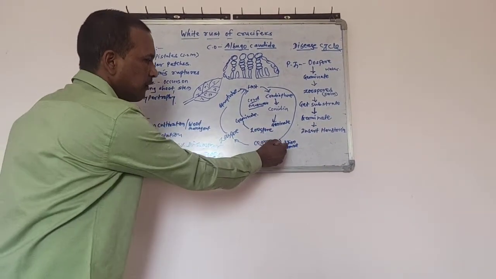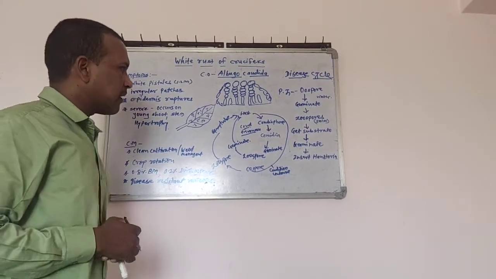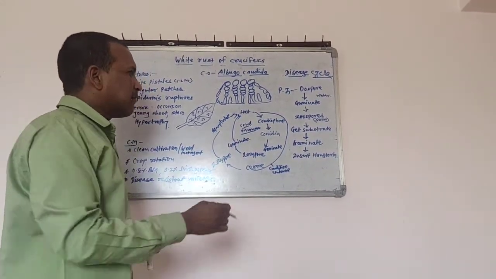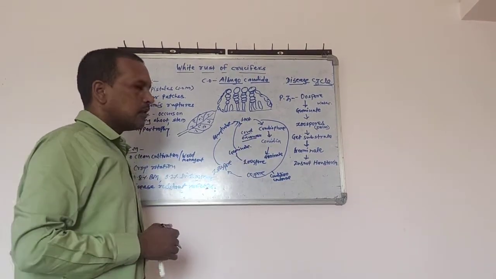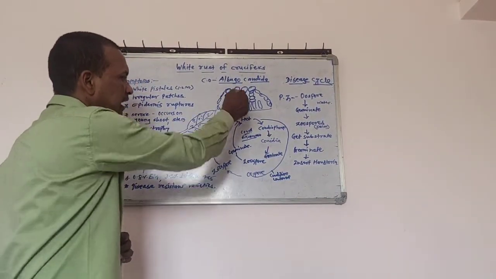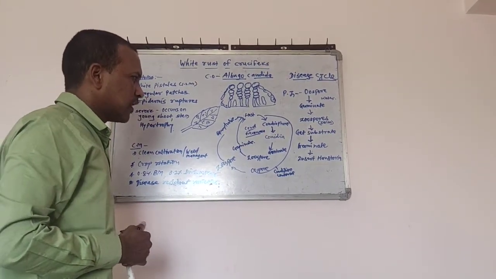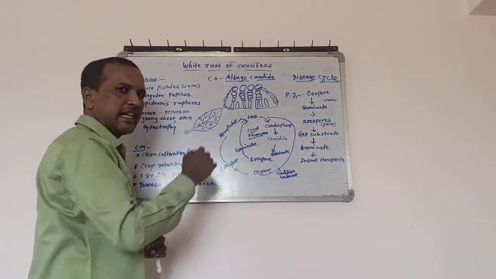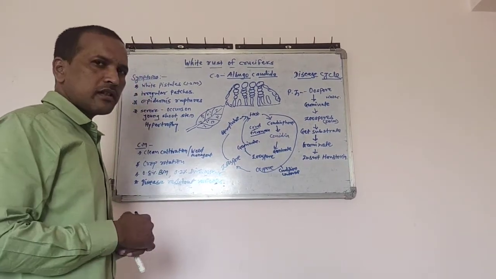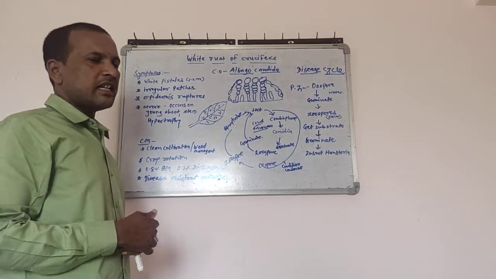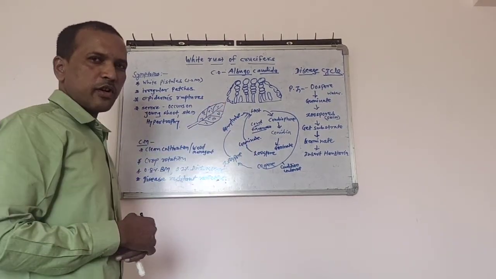These are the unfavorable conditions. When the condition is favorable, the host or the mycelium directly forms a conidiophore. On that conidiophore you have studied the chain of conidia, which is basipetal in succession. This conidia directly germinates to give rise to a zoospore, and this zoospore germinates to give rise to the mycelium. These are under favorable conditions.